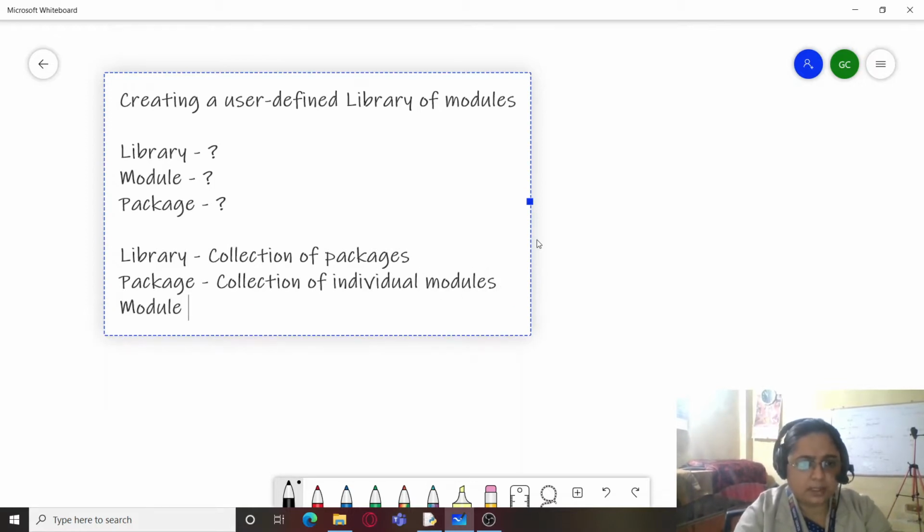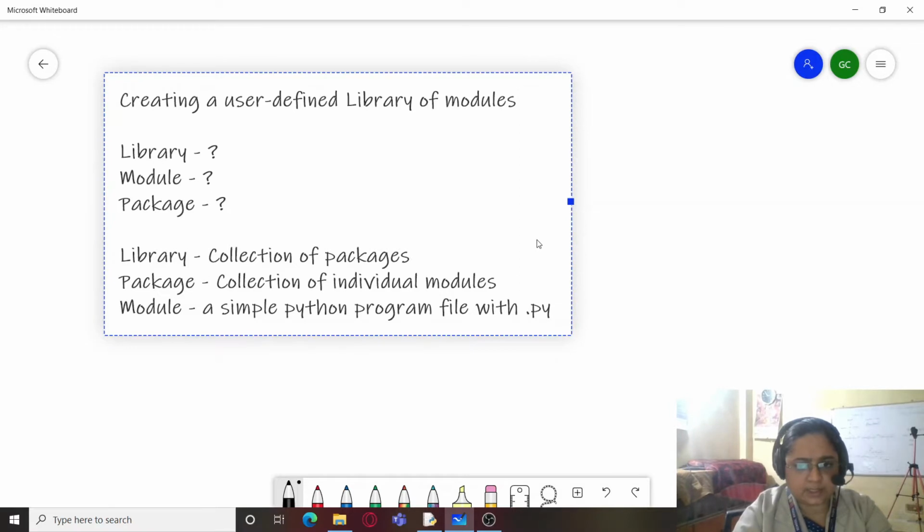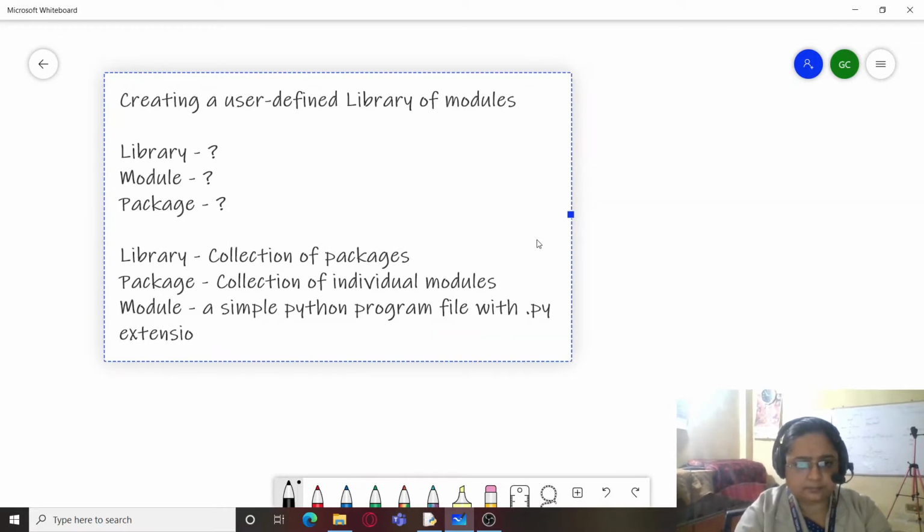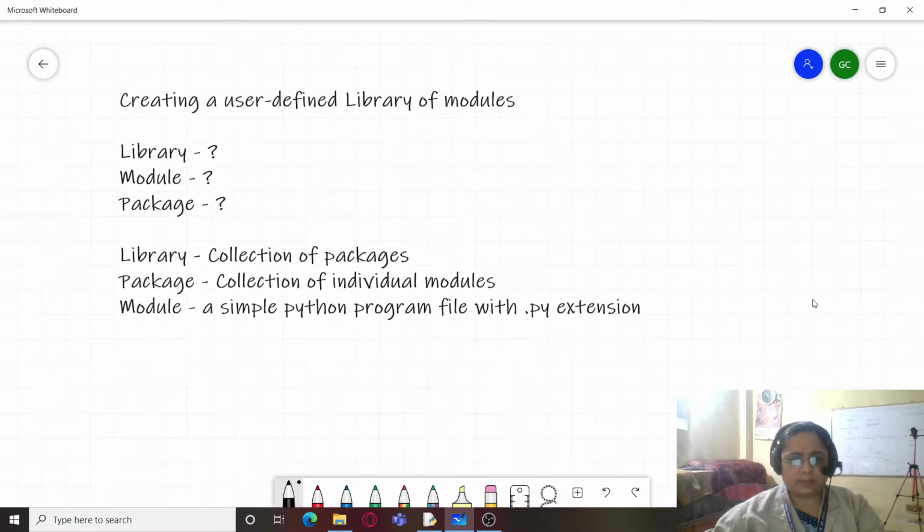And a module is a simple Python program file with .py extension. So you can see that library is a collection of packages.